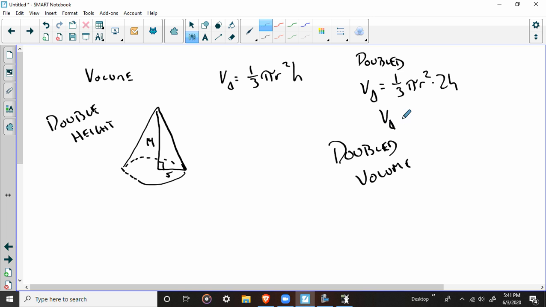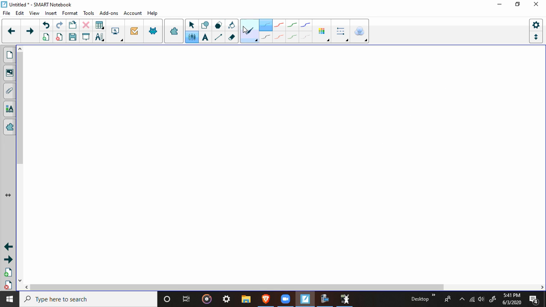So again, my doubled one, I'm just going to move this 2 up to the front. 2 times 1/3 pi r squared times the height, right? So again, what happened? I just made it twice as big. So again, if you only double one dimension, you're just going to double things, right? What if